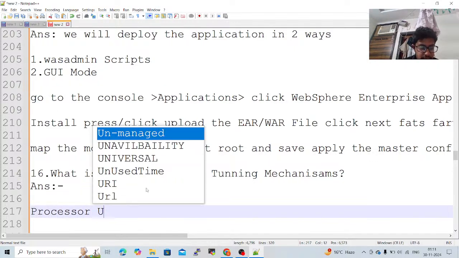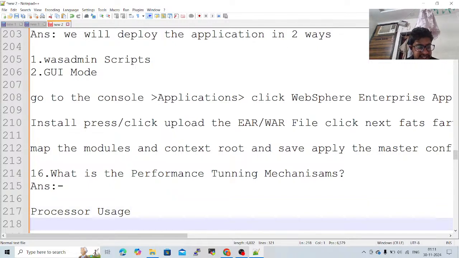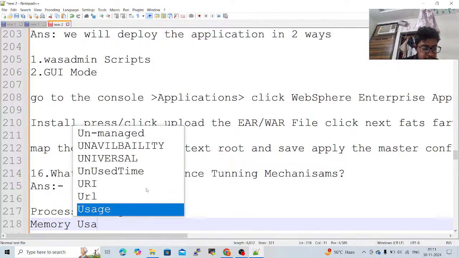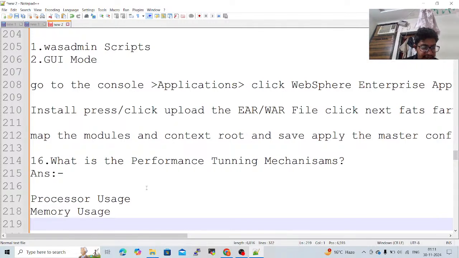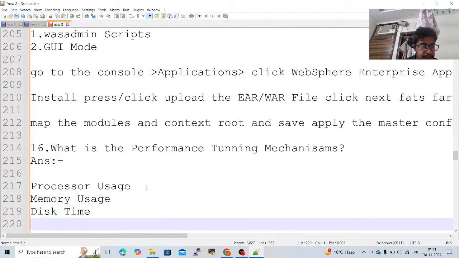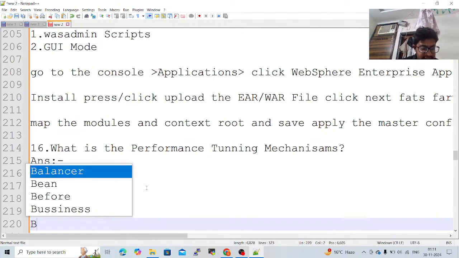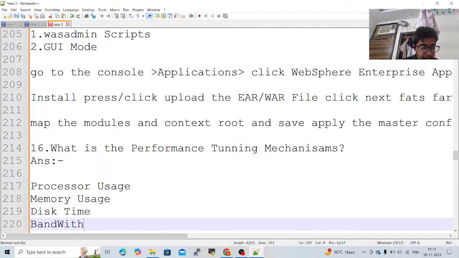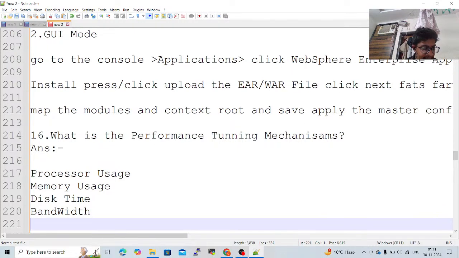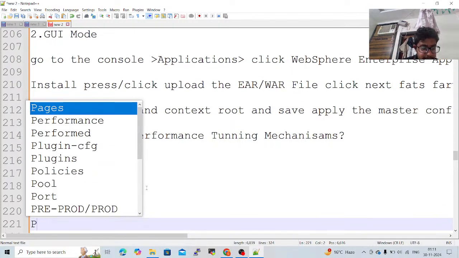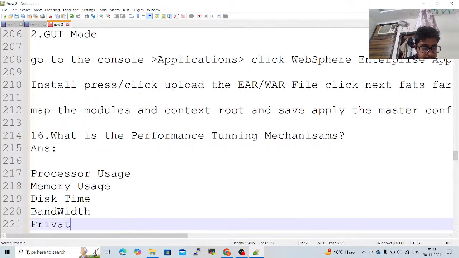processor usage, and we can use memory usage, and disk time, another bandwidth of the speed, bandwidth, private bytes,